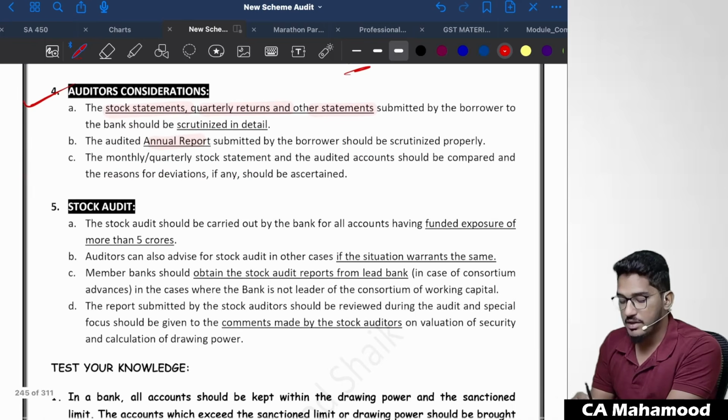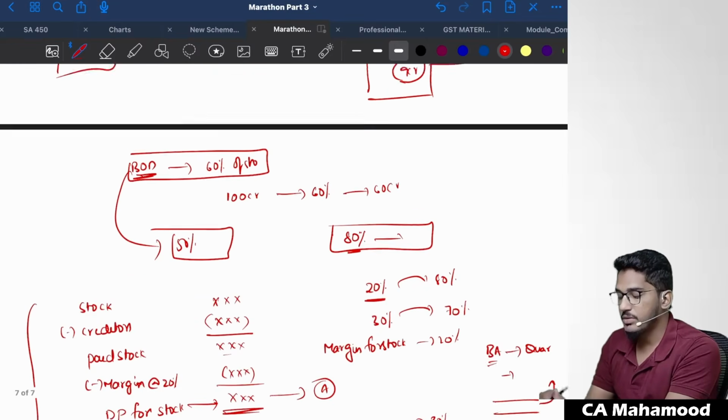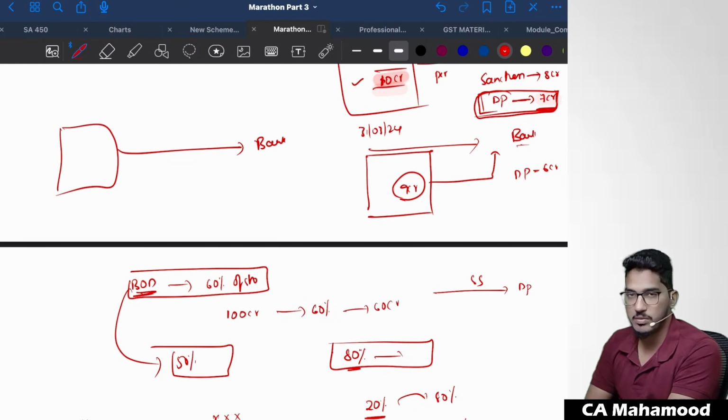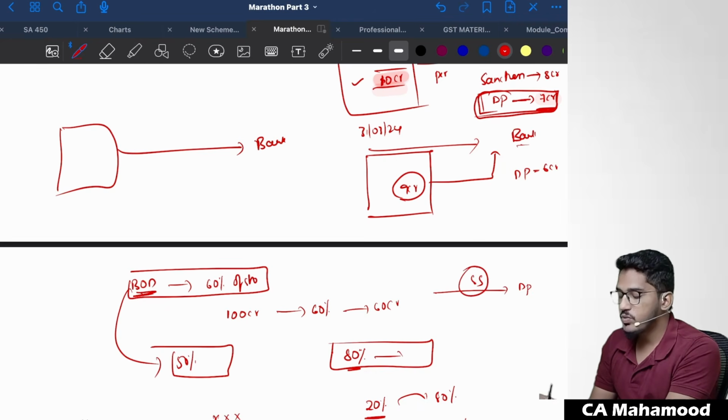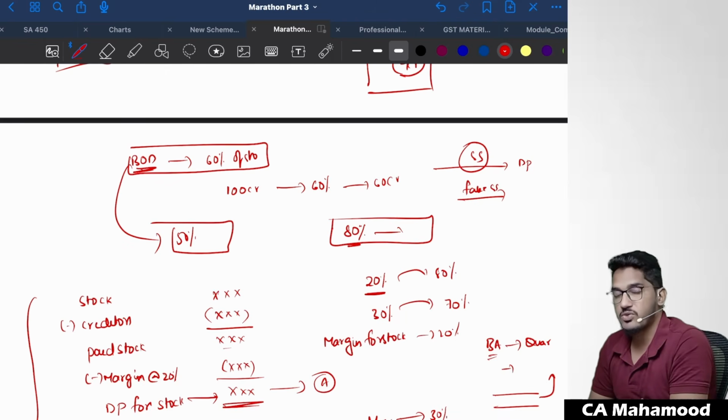Apart from that, the RBI has a policy under the Banking Regulation Act. Generally, banks get the stock statement, and on the basis of that, drawing power can be determined. But in recent times, some big borrowers who have taken loans from the banks used to submit fake stock statements, claiming excess drawing power.